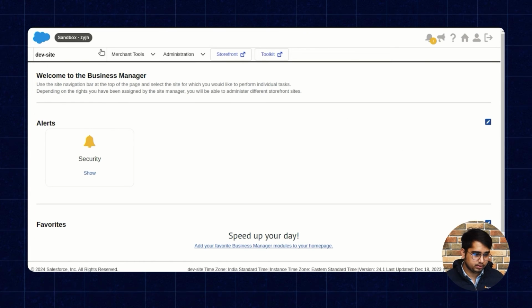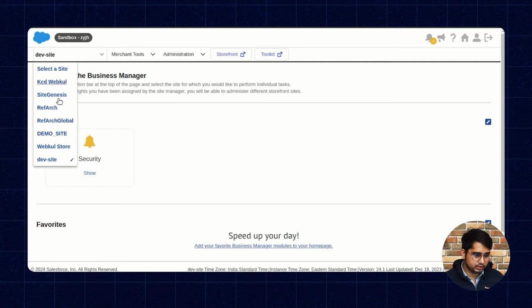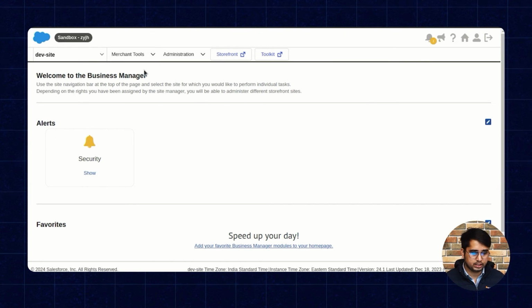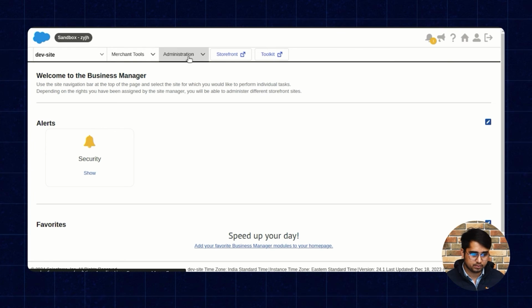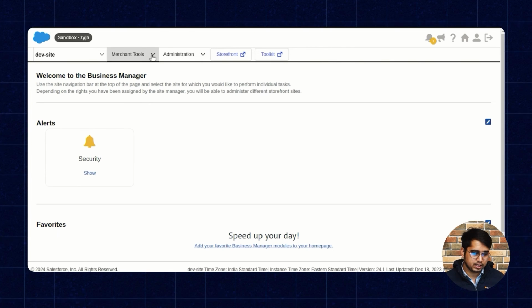Here you can see that all the sites that are available in this particular instance are listed over here. Here you can see there are 2 sections, that is merchant tools and administration. Administrators basically manage the things using this particular menu, and the merchants basically manage all the things from here.